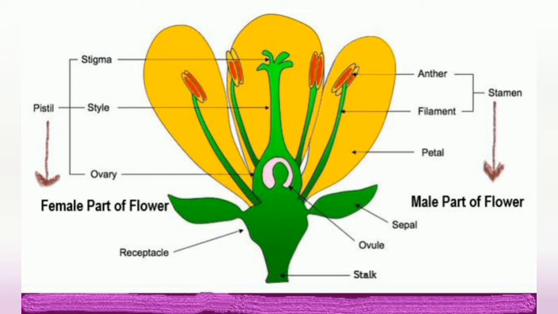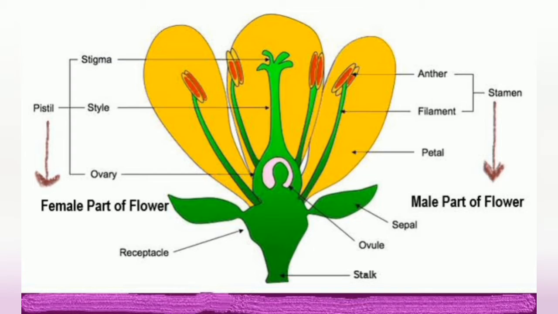Pollination occurs by small insects like butterfly, honeybees, and moths, which are attracted by the color and the smell of the flower. They sit on the flower to suck the sweet nectar, and some pollen grains stick to their body. When they visit another flower or move on the same flower, they transfer some of the pollen to the stigma of the new flower. This process of the transfer of pollen from one flower to another is called pollination.